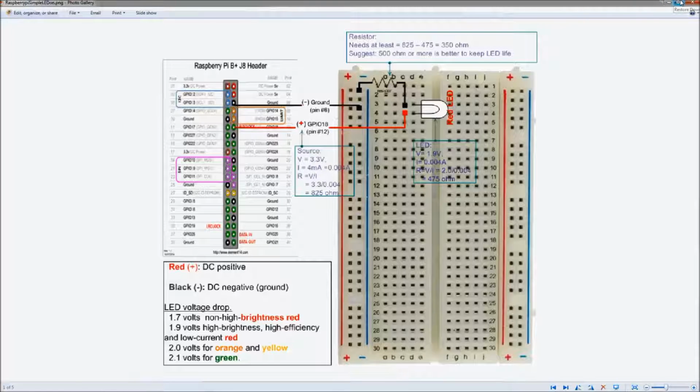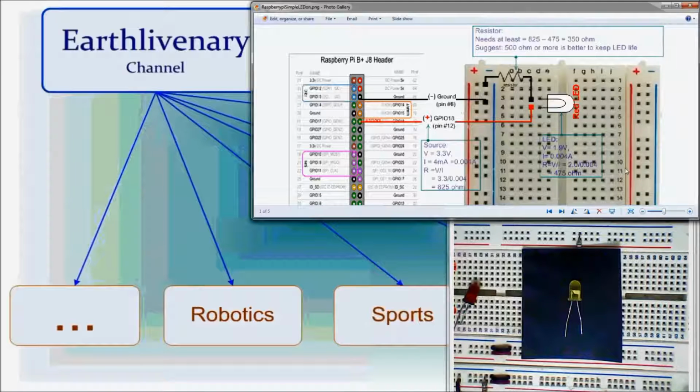Okay, back to the board. I will show you how I set it up. On this circuit, you have to use the LED, but you have to know the positive and negative legs of the LED. You see this LED over here, it has a long leg. That's the positive. If it has a short leg, it's negative.